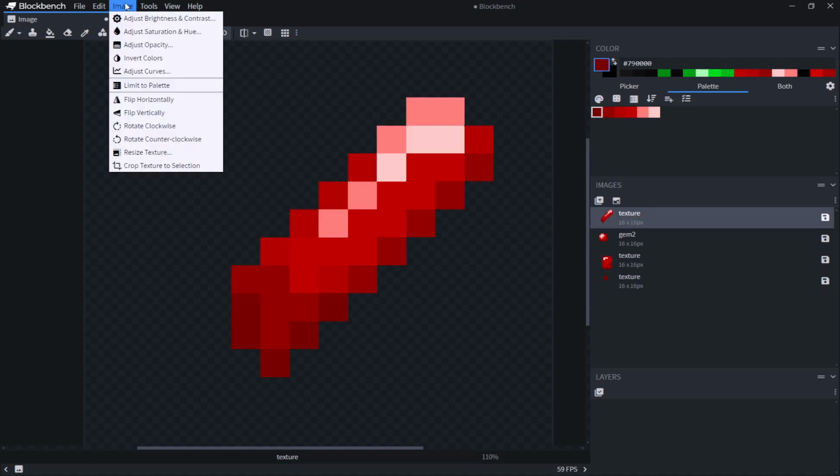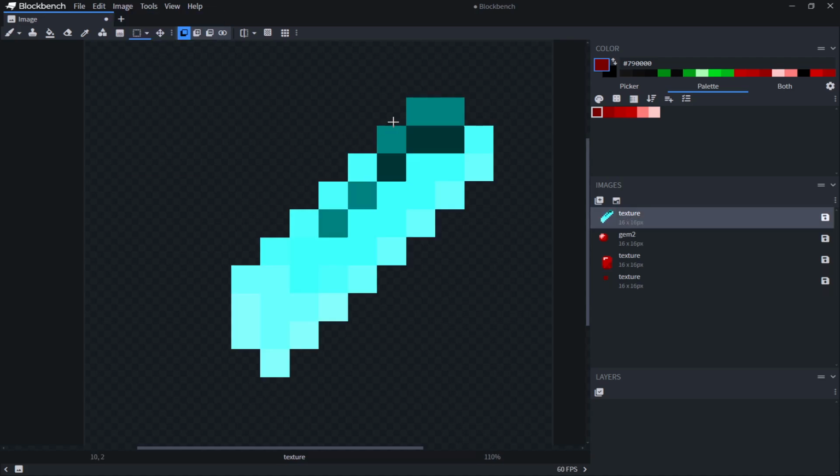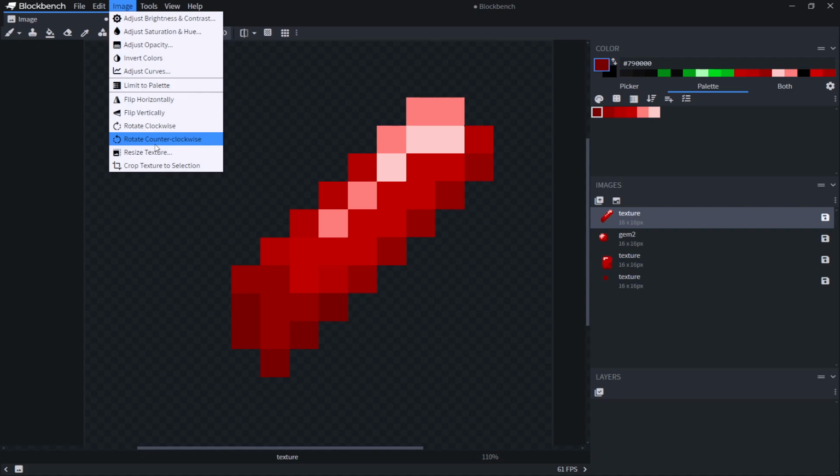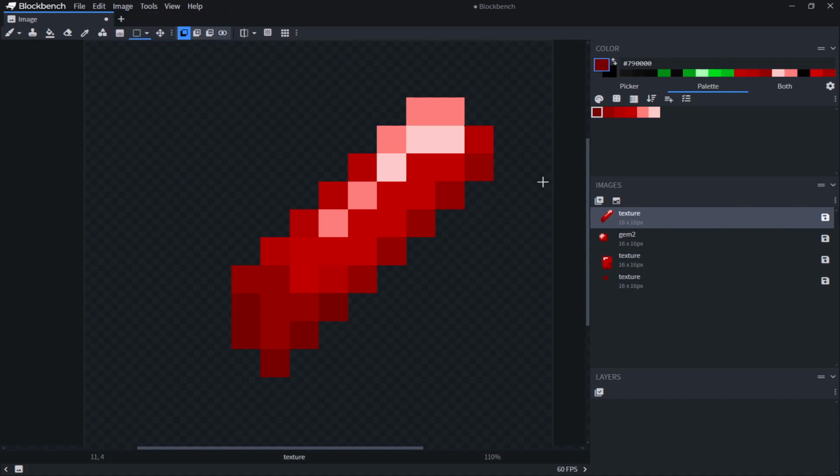There's also fun tools up here, like invert colors, in case you wanted to invert colors. You can flip it, you can limit to palette. So if I did something like,